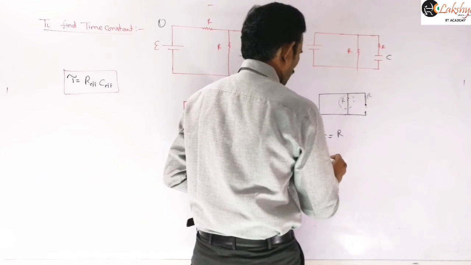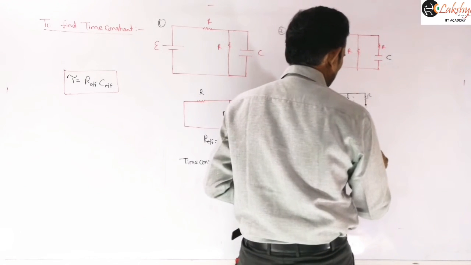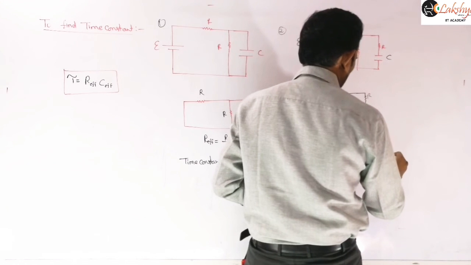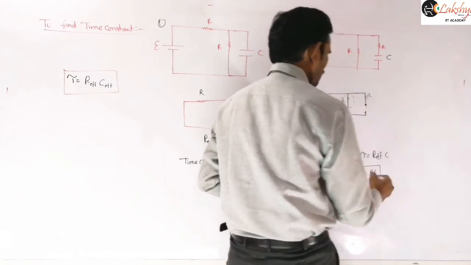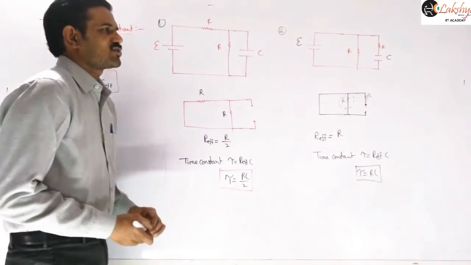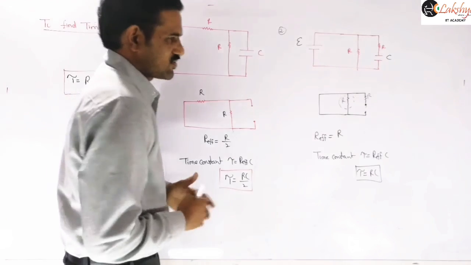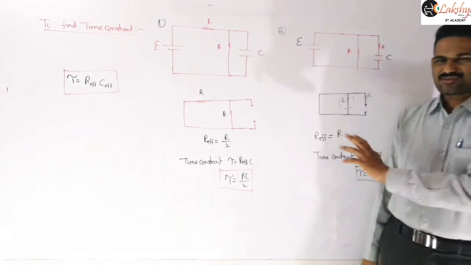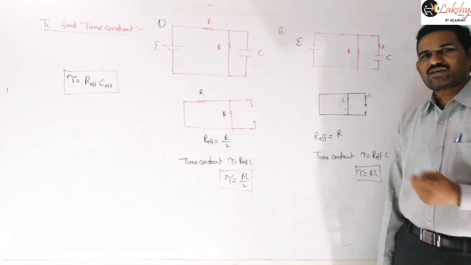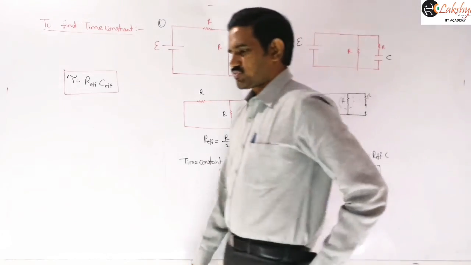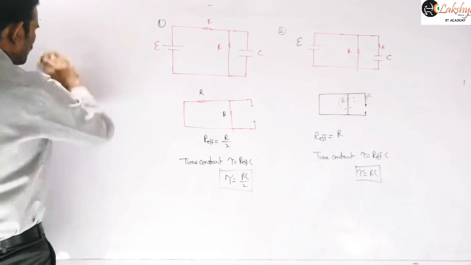Therefore the time constant of this circuit, I can write as R effective into C, and that R effective is nothing but R, so it is RC only. So that is the time constant of that circuit. That is the procedure to find the time constant of any circuit. Let us take one more example, and remember these 2 circuits, because I will explain how to find the charge on the capacitor at any instant also. So remember those 2 circuits. Now I am taking another example to understand this more clearly.